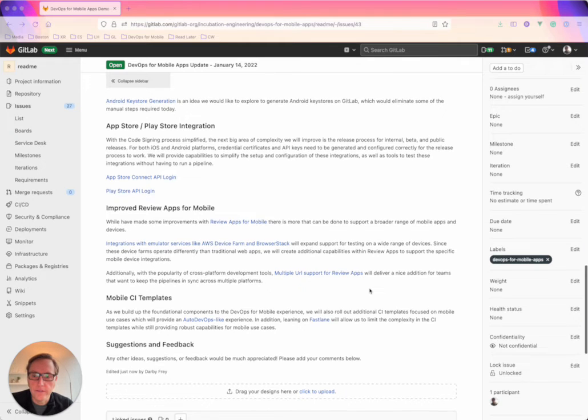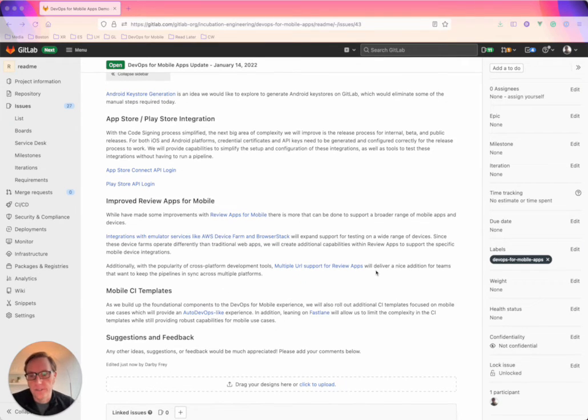And then the last thing that I have in here is what I just called mobile CI templates. What we can do now with things like secure files and the App Store and Play Store integration is build some CI templates that can create an Auto DevOps type experience for mobile. To make that work, and in the issue that I've linked here, we're talking a lot about leaning on Fastlane. Fastlane is an integration layer for mobile,